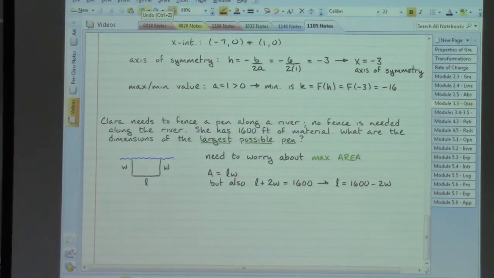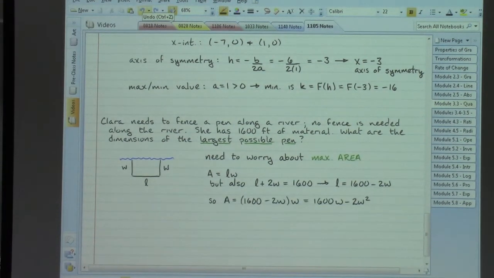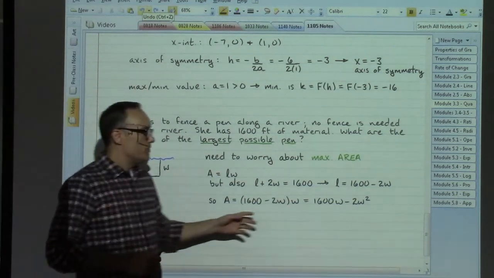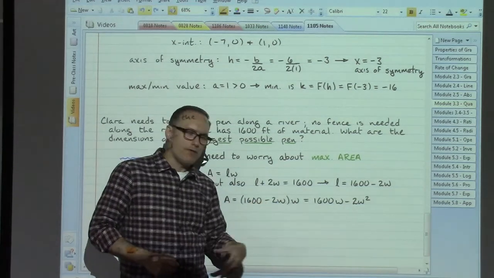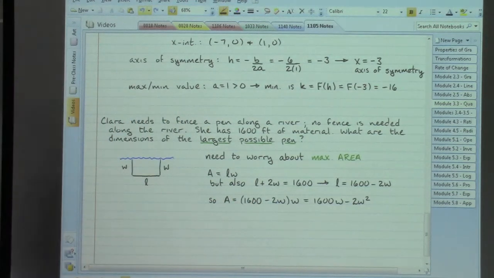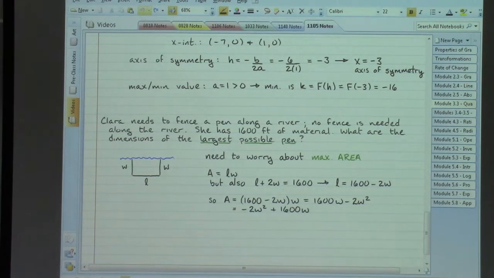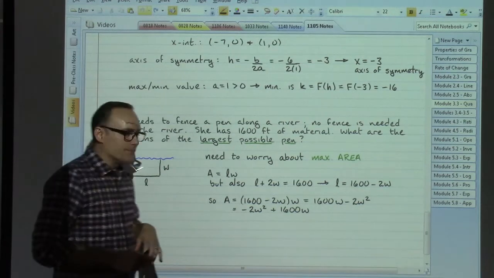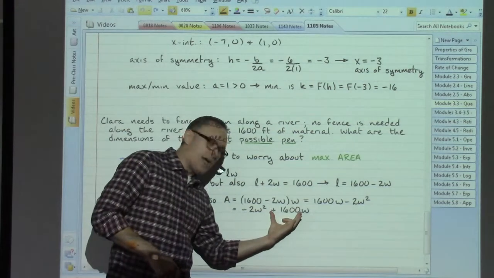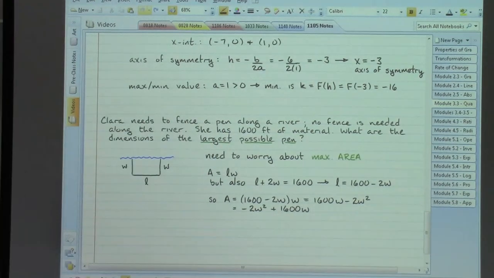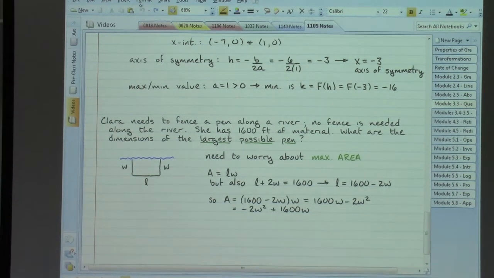And now we can replace the L in our area formula and get an equation that has only the W showing up in it. But the way that this looks is not like our other earlier quadratic functions. So if we rearrange that so that the -2w squared comes out in front, now we can say, okay, the A value is a -2, the B value is a 1,600. If I'm worried about max, I'm worried about vertex. If I'm worried about vertex, I'm worried about